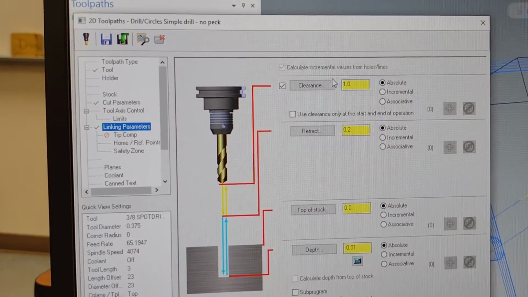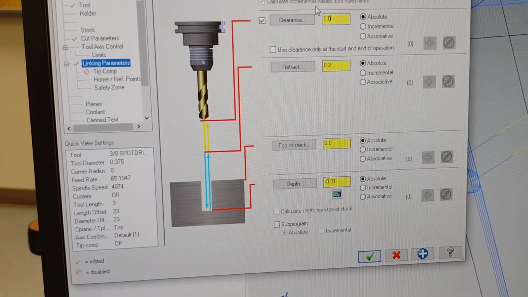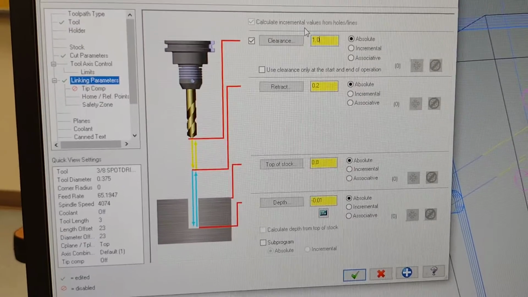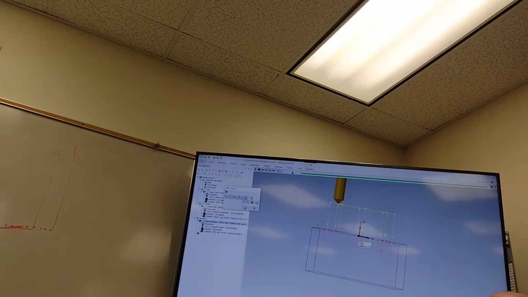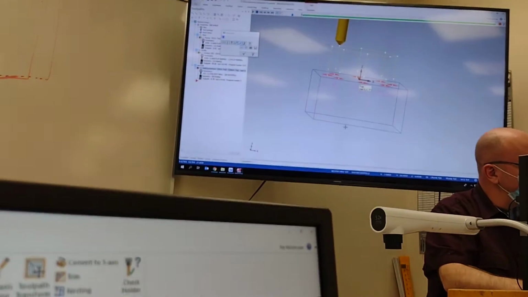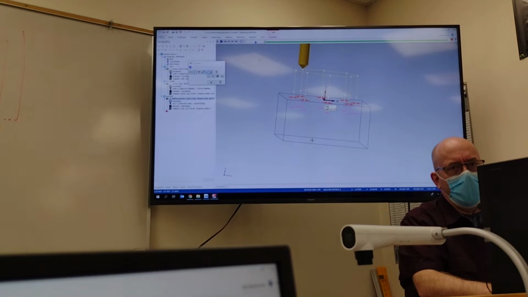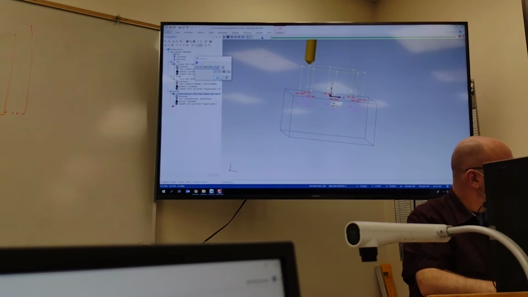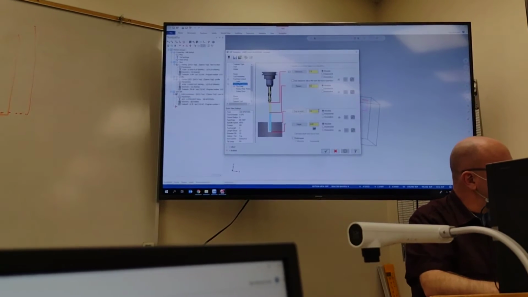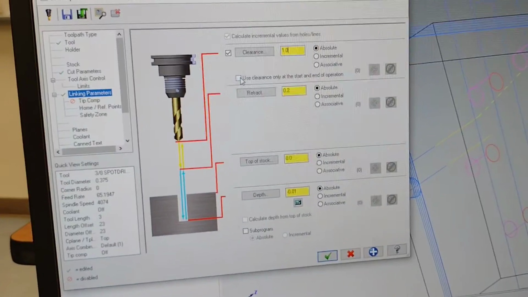Now, hold up just a sec, watch what happens now. If I just click now, I'm done, and yours will come up like this. I'm going to click on back plot. If I look at it from the side, look how far the tool is retracting every time it goes in. Now there's a difference between proving out a program and optimizing it. You can help to optimize your tool path a little bit here. With your tool path still open right here, see this little underneath the clearance, it says use clearance only at start and end of